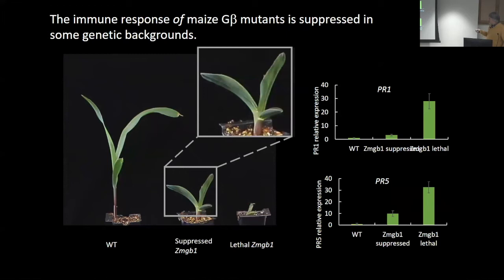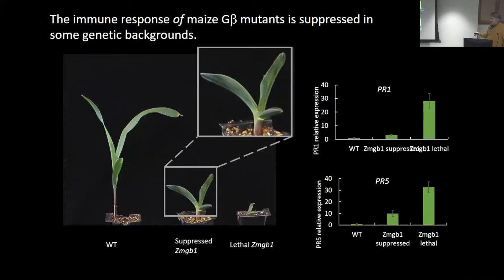And in fact, we've mapped one of these, and it maps in a region where there is a predicted R gene. We don't know the exact gene yet. So this was a bit of an aside for us, but it could actually get us to a new R gene in maize, which would be cool, because very few R genes have been cloned in maize up to now. Okay, but anyway, we were excited to have these plants, because now we say this is the developmental